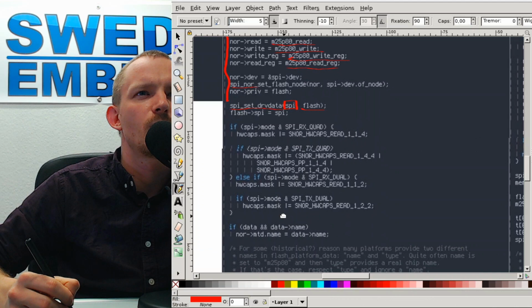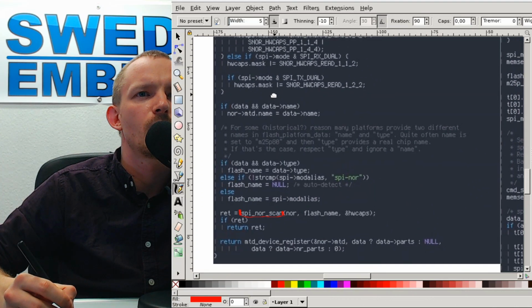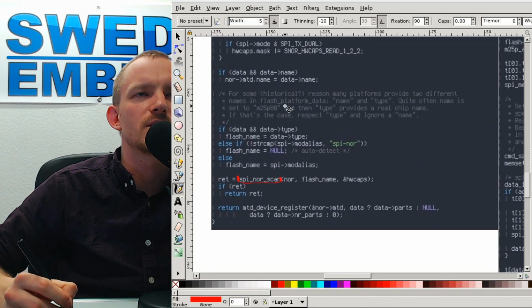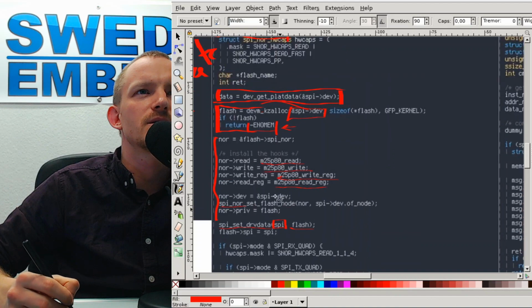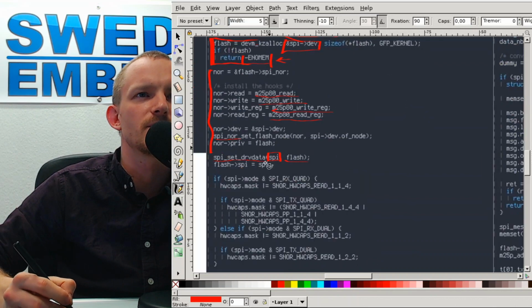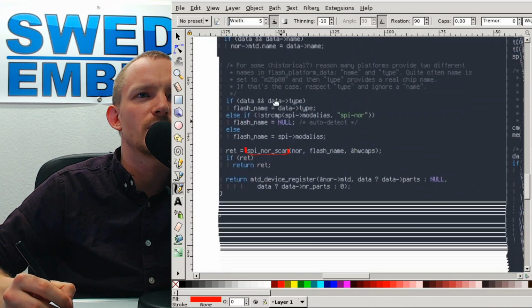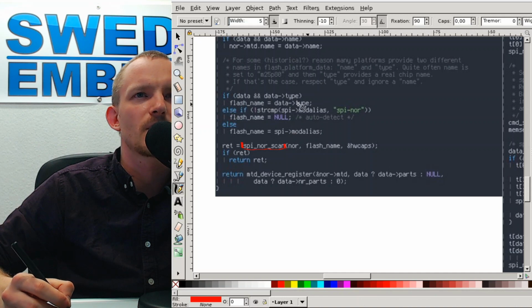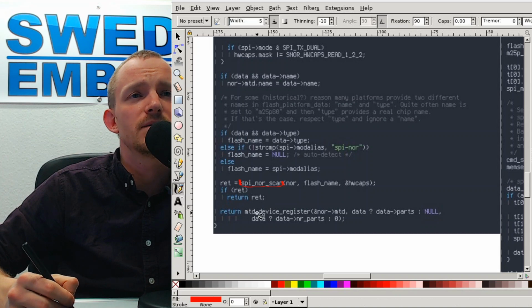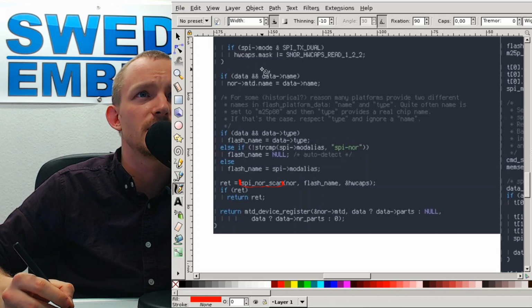So it's quite possible that it's not necessary to deallocate it here, because if this function returns an error, then the device object will actually be deallocated by the SPI subsystem. And then we don't have to worry about deallocating individual objects. If everything goes well, it calls MTD device register with this NOR with the MTD where we have